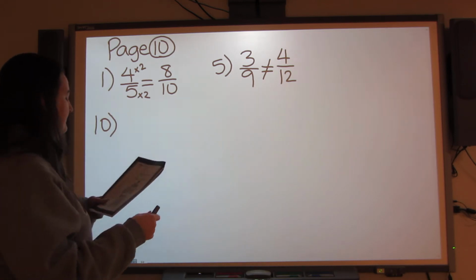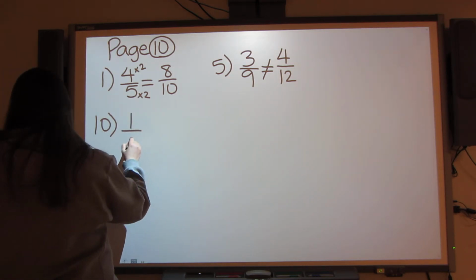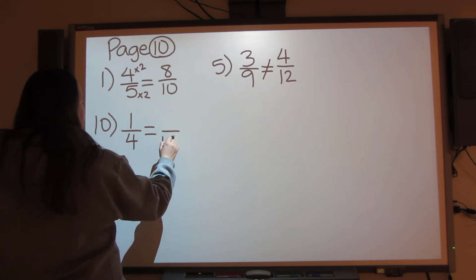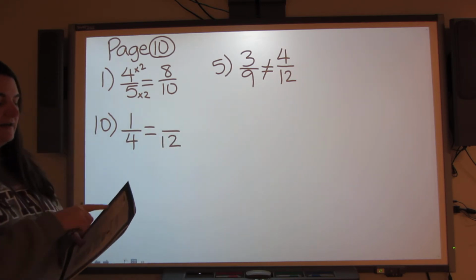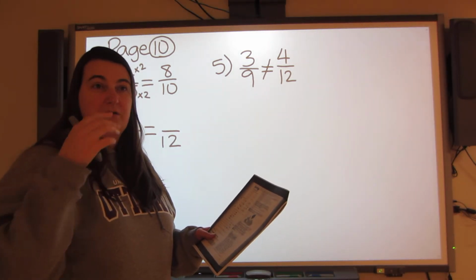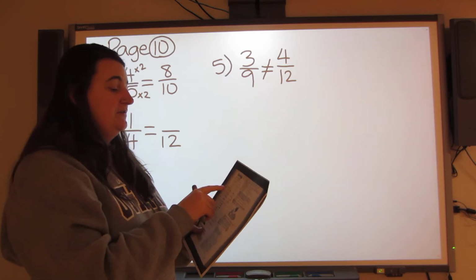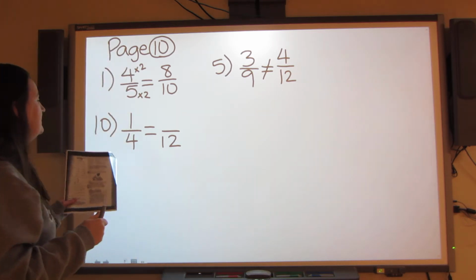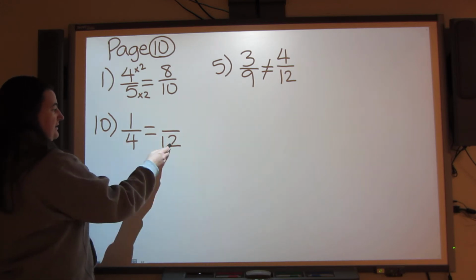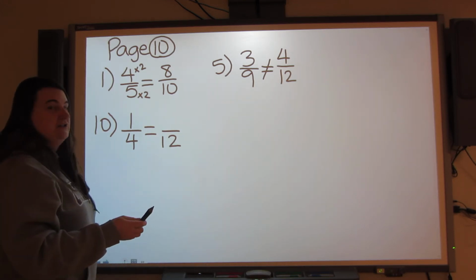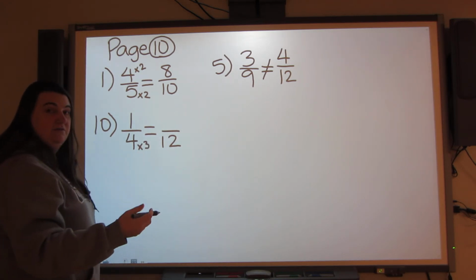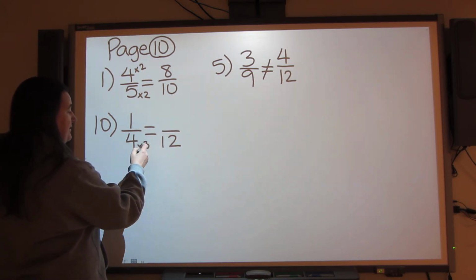So for number 10, you have to find the missing number. 1 over 4 equals something over 12. Now I know it's got commas in here, but because we're dealing with proportions and equivalent ratios, you should be using equal signs. So 1 over 4 equals something over 12. How do you turn 4 into 12? You look for that relationship. 4 times 3, or if you want to use division, 12 divided by 3,